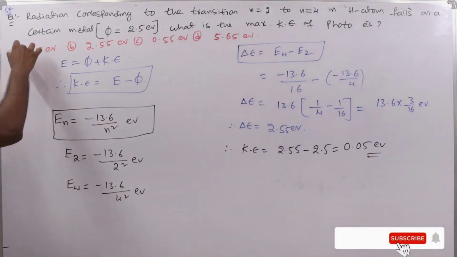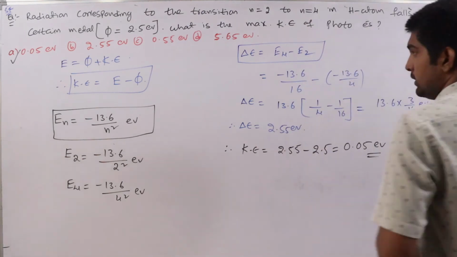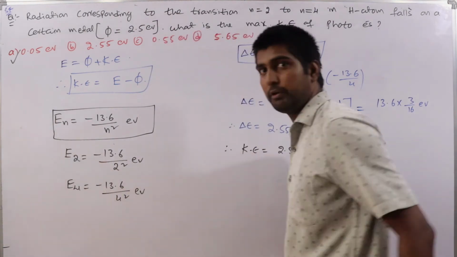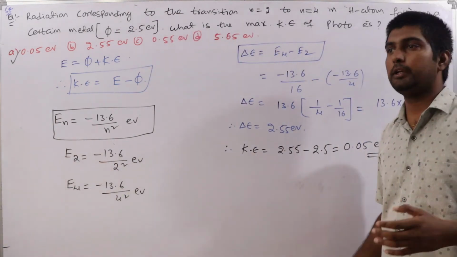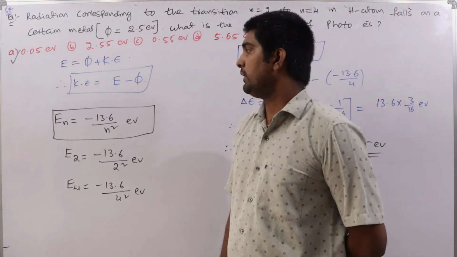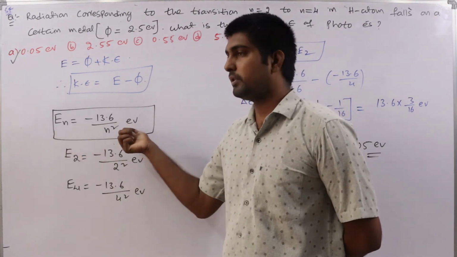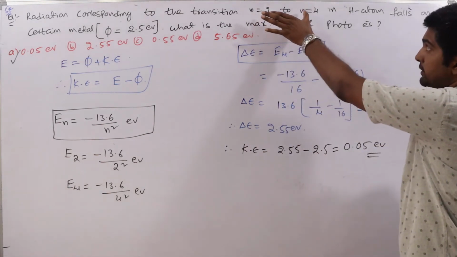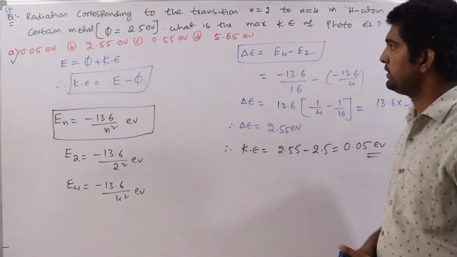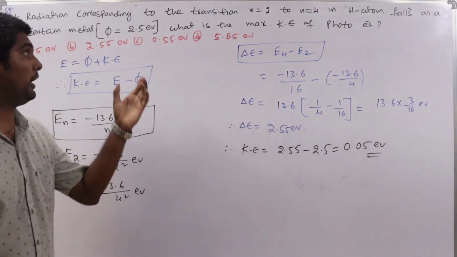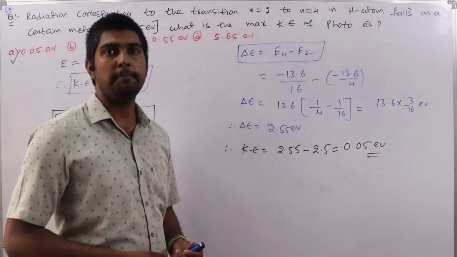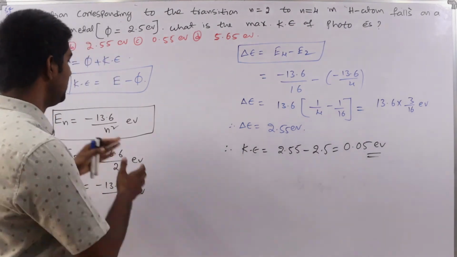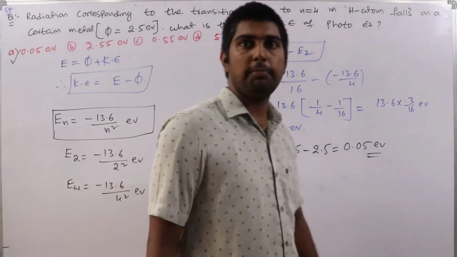So the first option is the answer. Clear? Two concepts are involved, yes or no? The energy difference between the two energy levels when a particular transition takes place, and for that energy in electron volt, this is the relation. First we have calculated the energy difference for this transition, because they mentioned that the energy required for this transition in the hydrogen atom and the energy falling on the metal surface are both the same. Clear? So in this way we have to solve this type of model problem.